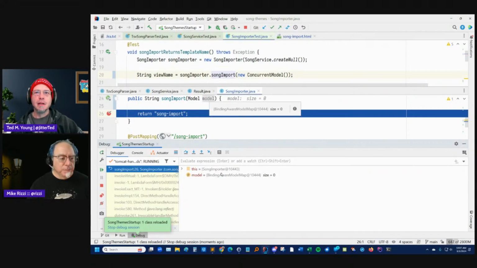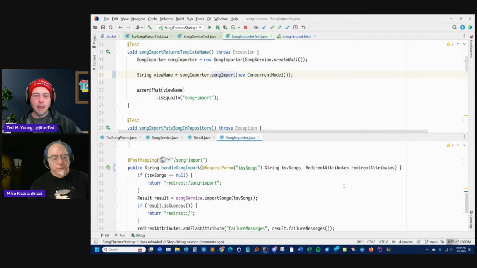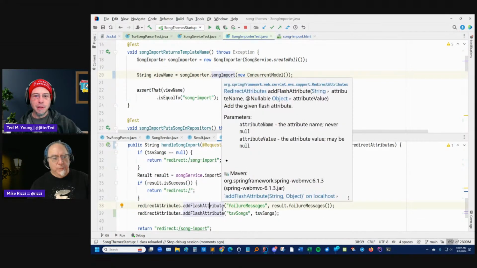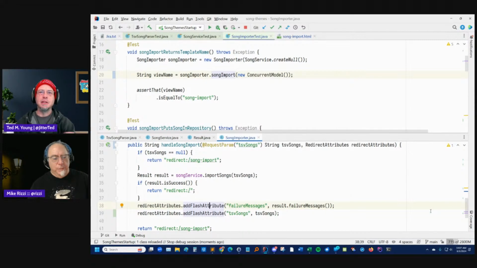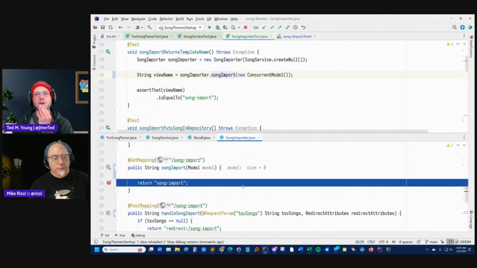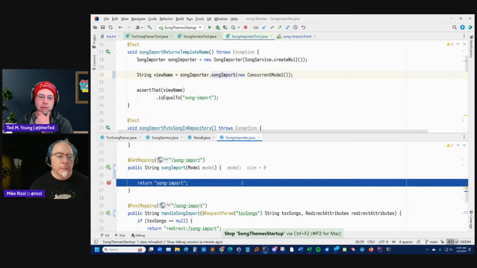Did you want to look at the model? So the model is empty. Because I think the redirect attributes are not held in the model; they're held in a separate thing called a flash map. And so what we want is, let's stop the application and change model to